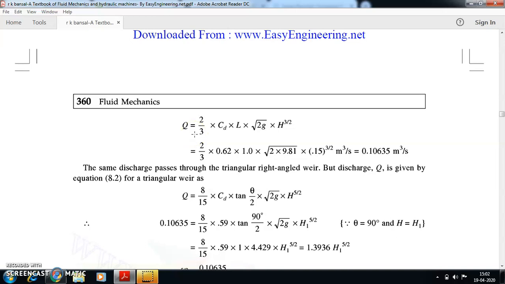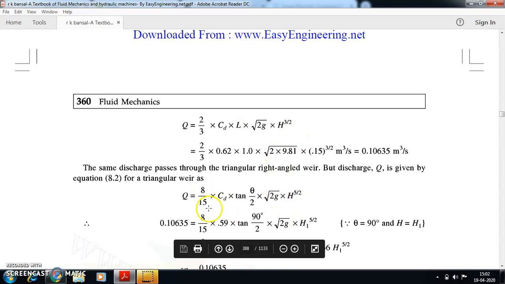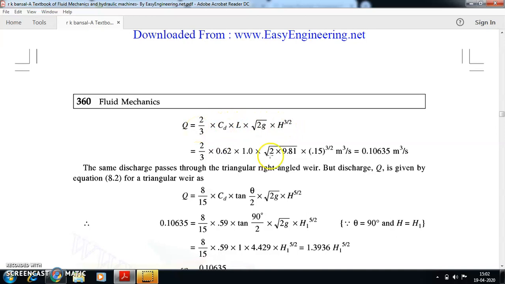See, the rate of flow equation of the rectangular weir is different from the triangular weir, and you know it. It is 2 divided by 3 into CD L root of 2g h to the power of 3 by 2. I told you it's very easy to remember: h to the power of 3 by 2 and 2 by 3, this is vice versa here. The only extra term you have here is L. In the triangular weir you will not have L, you will have tan of theta by 2, h to the power of 5 by 2, and 8 by 15 will come. So the Q value of the rate of flow of water over the rectangular weir can be found, because I know CD, L, and H.